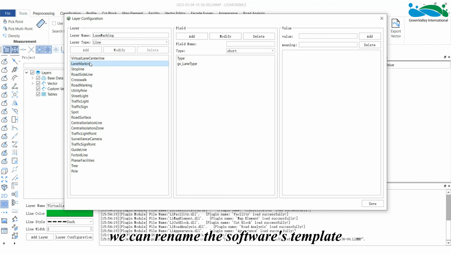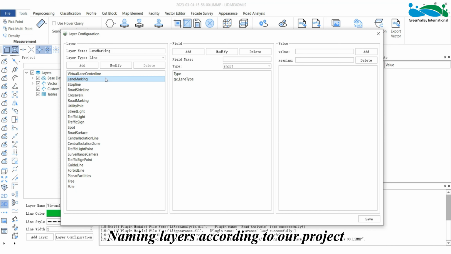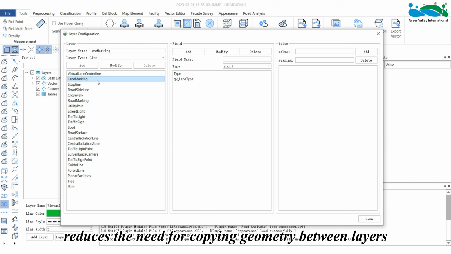At this time, we can rename the software's template. Second, after renaming the template, the subsequent road feature extraction or road facility extraction will be stored in this layer. Naming layers according to our project reduces the need for copying geometry between layers.